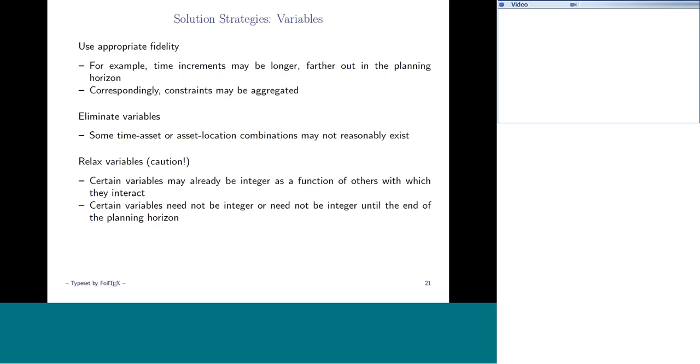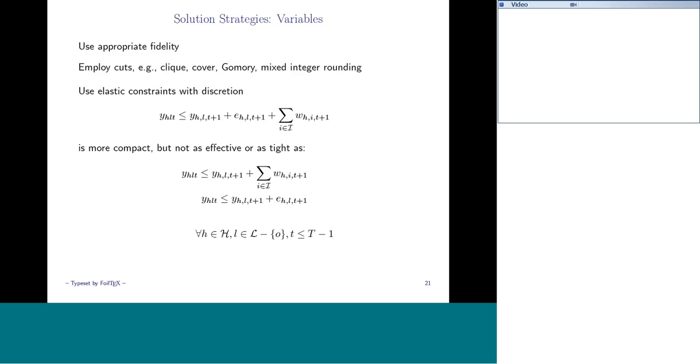Also, if we're dealing with long time horizons, sometimes we don't care as much about what's happening in the out years, and if you start doing fractional things, it's still passable. We also had to deal with the constraint matrices. You saw a number of constraints that I wrote down in 3 of the 4 models. The other one I just had a simple network picture, but there can be a lot of coefficients in the A matrix that are non-zero, and so we can use techniques to reduce the density of the A matrix. That means a lot of times you're creating more columns, but sometimes more sparse columns are better than fewer dense columns.